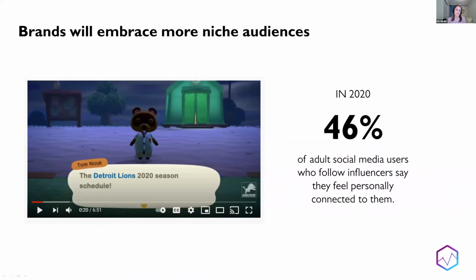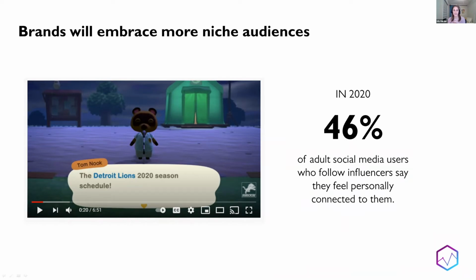So thinking about embracing more niche audiences, this is another area we're starting to see pick up. One of the reasons is that a lot has happened culturally and within society. And unfortunately, one of the byproducts of the last year and beyond has been a lot of division among consumers and among our society. But that also is creating more unique subgroups of consumers. So whether you want to call those communities or consumers with like interests, what we're sort of seeing is a rise in the idea of fandom.